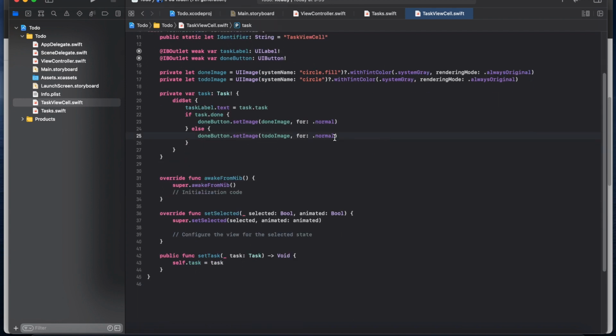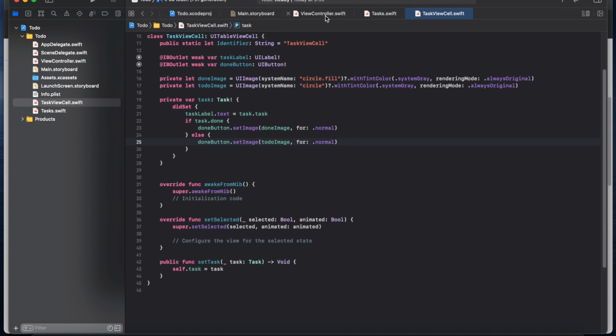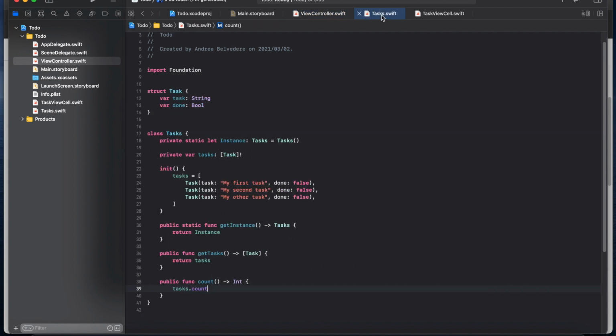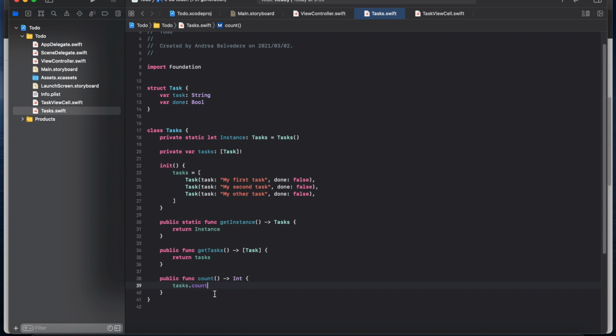So okay, now here we have the initialization for it. So if we go back to the view controller, here we have the dequeued cell, and we need to retrieve a task. To retrieve a task, we come back to our model,